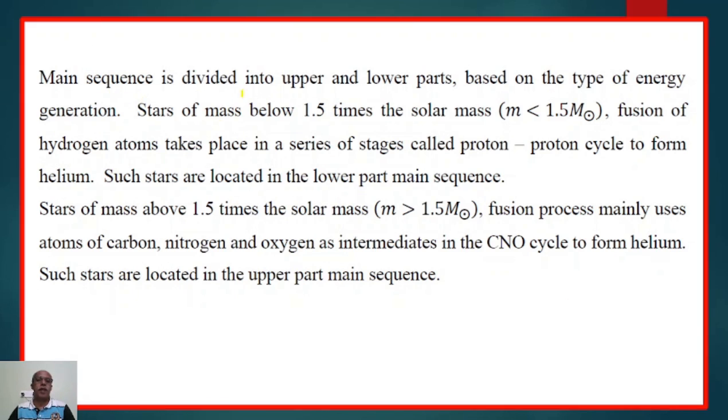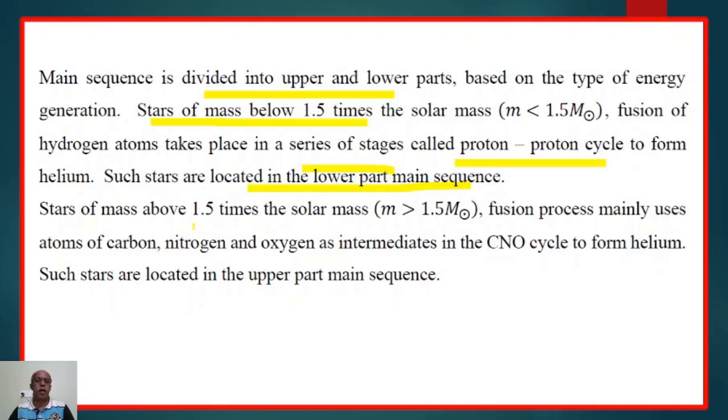The main sequence is divided into two parts, the upper part and the lower part, based on the type of energy released. For stars with masses below 1.5 times the solar mass, fusion of hydrogen takes place in a series of stages called the proton-proton cycle. Stars located in the lower part of the main sequence will have this possibility,